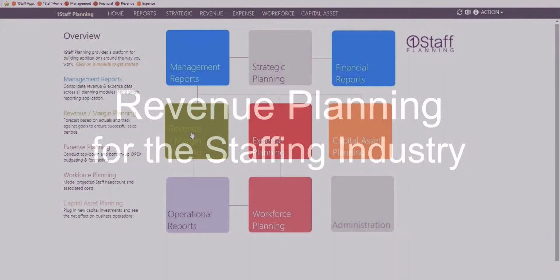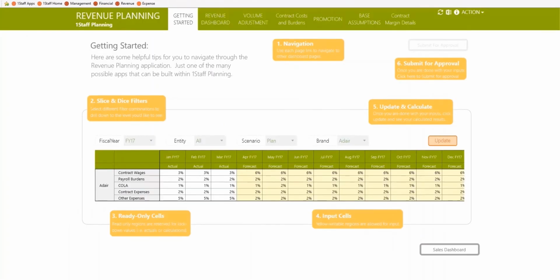On a revenue margin plan. And this is again nice and intuitive. It's getting started. How do you submit? How do you approve? How do you update? How do you calculate? So if you want to introduce this plan information to help you navigate, to quickly contribute,